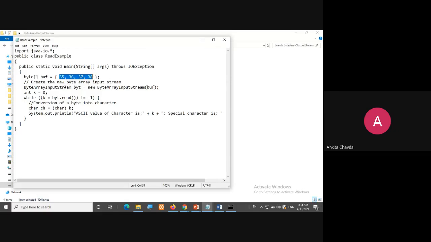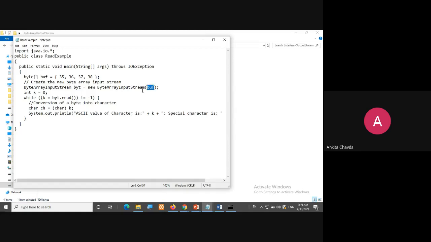And now what we are doing is creating a new byte array input stream. So ByteArrayInputStream byt equals new ByteArrayInputStream, and I am passing this buff, the whole byte array.